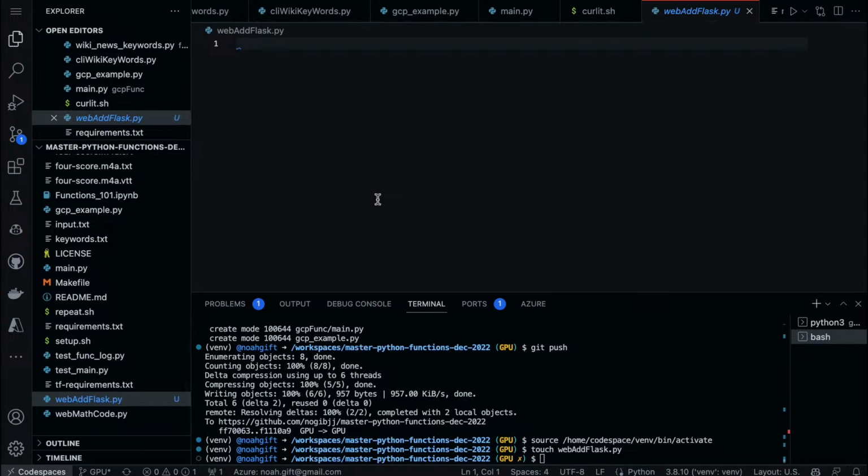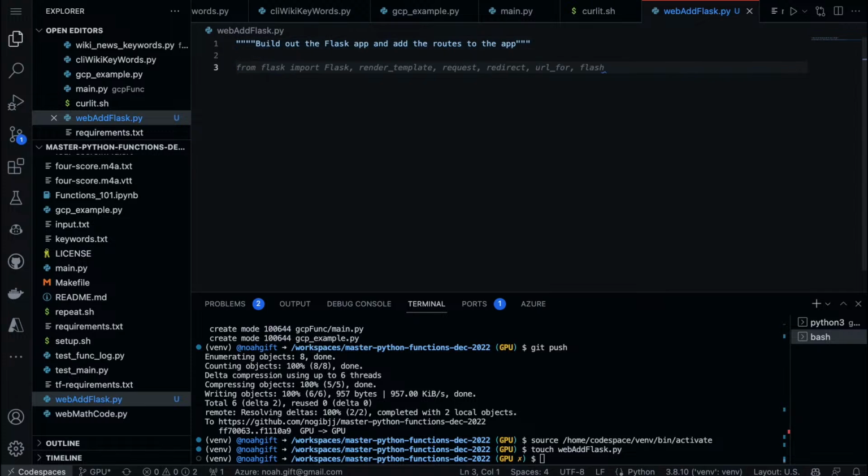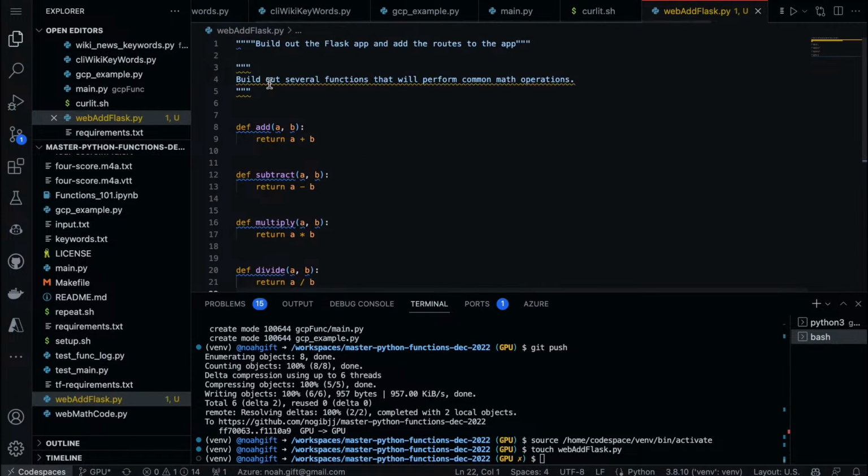And we just say this, build out the, yeah. And we can say from this, so first though, I need to just paste in this stuff.